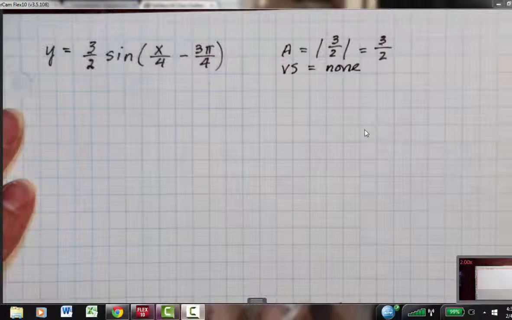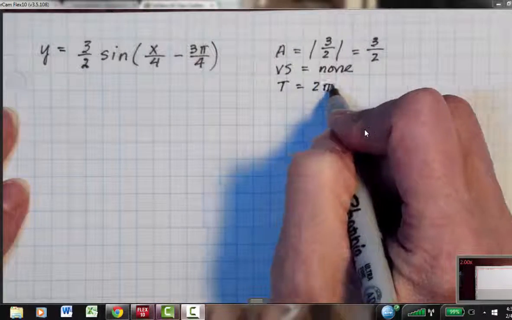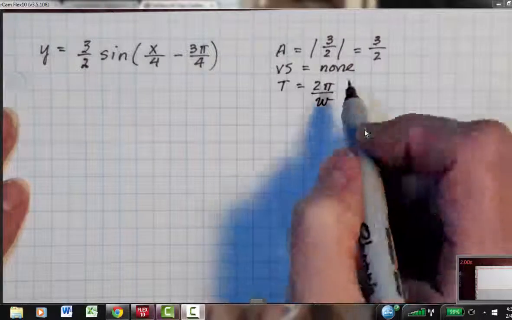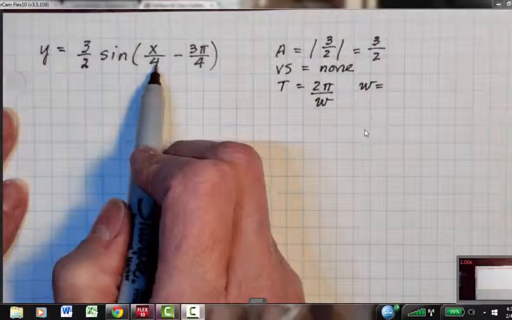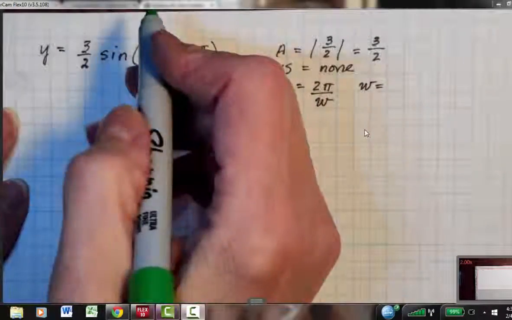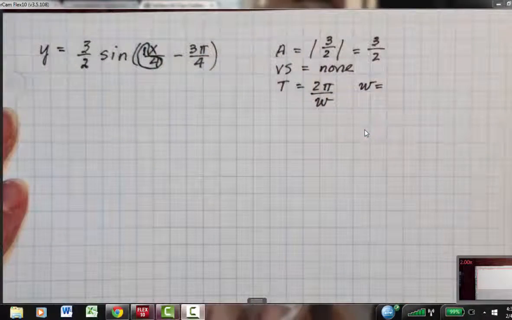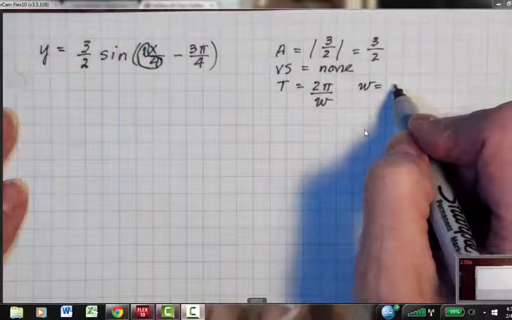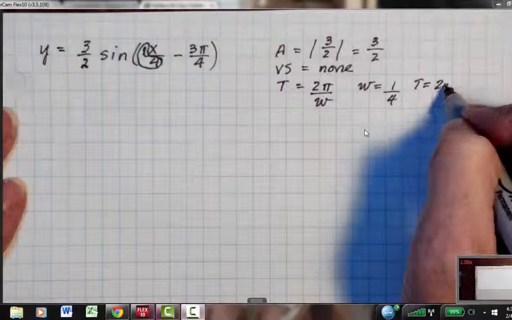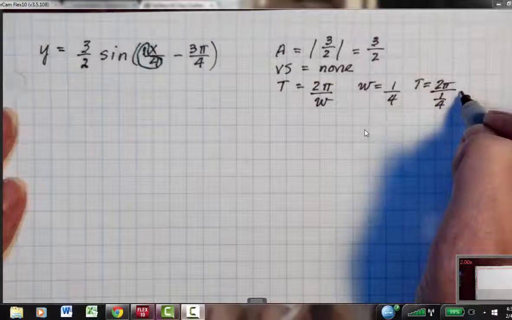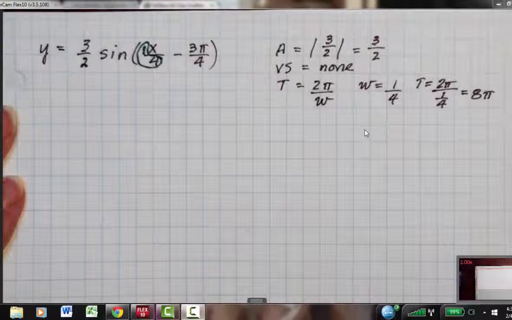Next I'm going to be looking at the period, and the period is equal to T, and that's 2 pi divided by omega. And remember that omega, for this particular problem, is the coefficient of your x term. So we have to look over here at our x term and look at what the coefficient is. And remember, there's a 1 in front of that x there. So my omega is equal to 1/4. Using that, my period then should be 2 pi divided by 1/4, which is equal to 8 pi. So my period is going to be 8 pi, and I'm going to double check that when I figure out